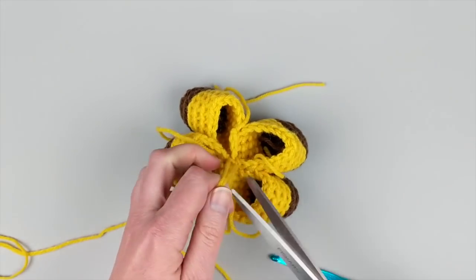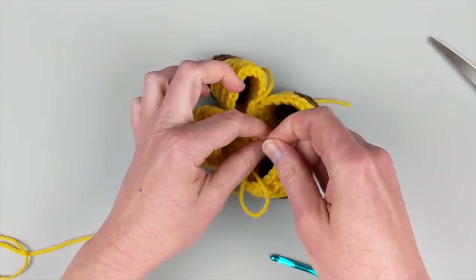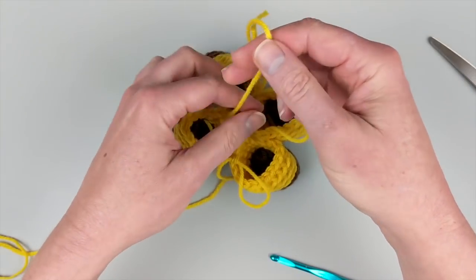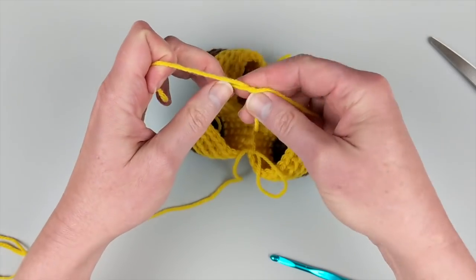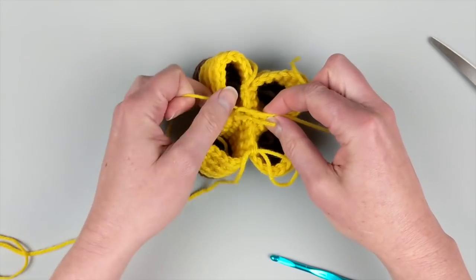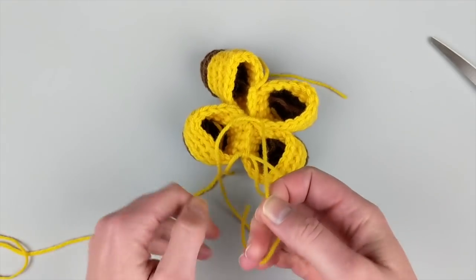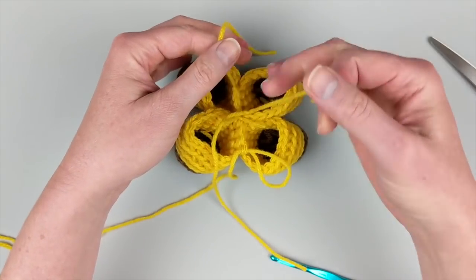And then I'm going to snip them off. That way it's really easy to get mixed up and start trying to crochet with your long tails, but you don't want to do that. So these I'm not going to tie quite as tight because they're a little ways away from each other. So I just want them to end up kind of snug across the top, but not really cinching it up. Do those, and then I've also got this one over here. So I'm just going to